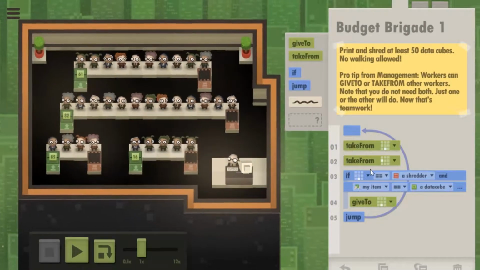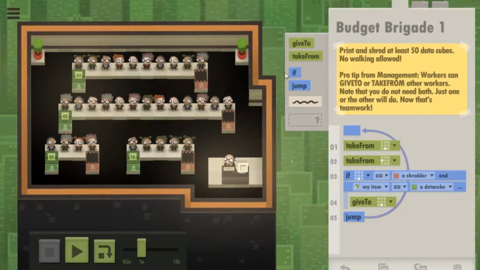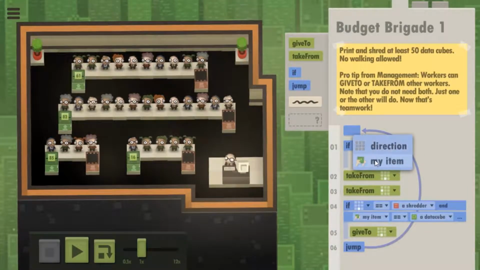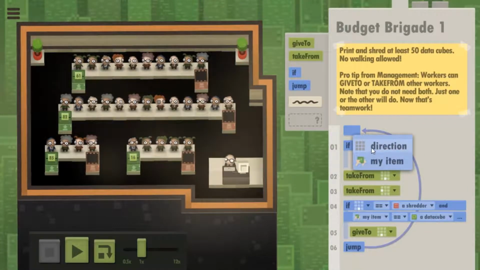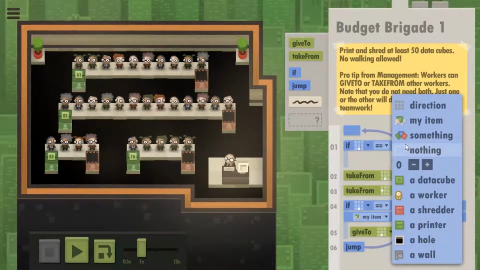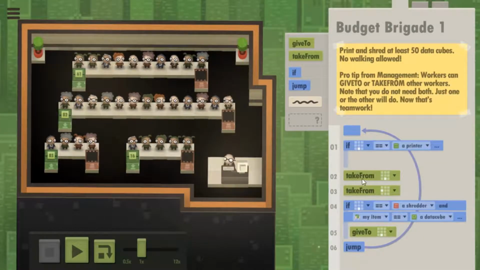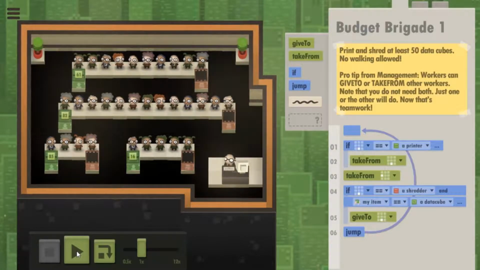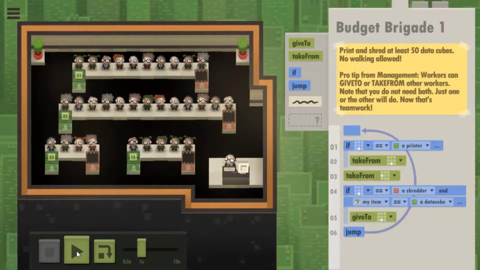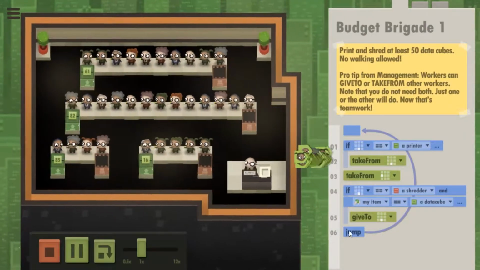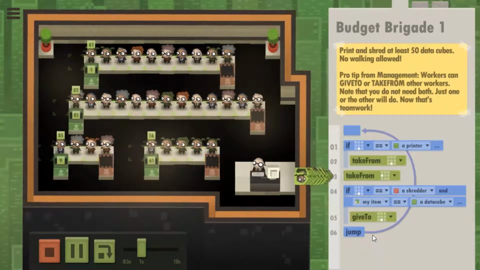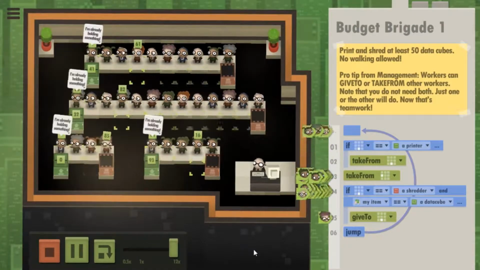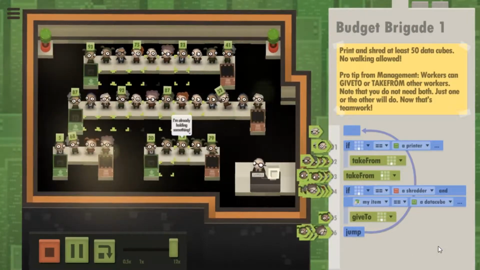I think if you try and take from a shredder... Oh, take from... Oh, okay. All these ifs! Yeah, exactly. So if you interact with a shredder in an incorrect way, you kill yourself. I guess so, yeah. Okay, this is gonna work. So efficient.